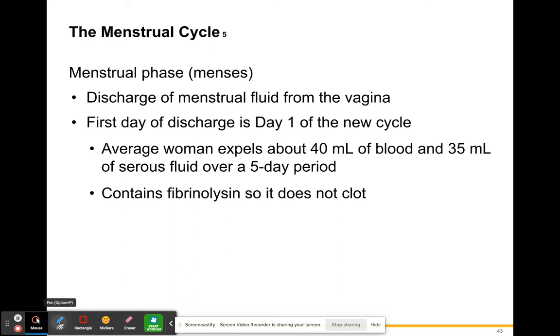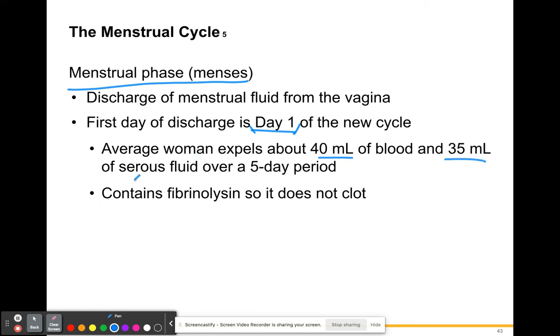Then we have the menstrual phase, or the menses. This is the discharge of the menstrual fluid from the vagina. The first day of discharge is day 1 of the new cycle. So the first day of the menstrual fluid discharge is considered day 1 of the new cycle of the female. The average woman expels about 40 milliliters of blood and 35 milliliters of serous fluid over that 5-day